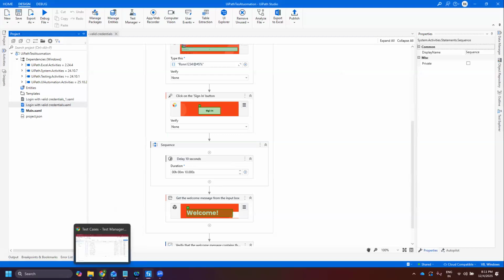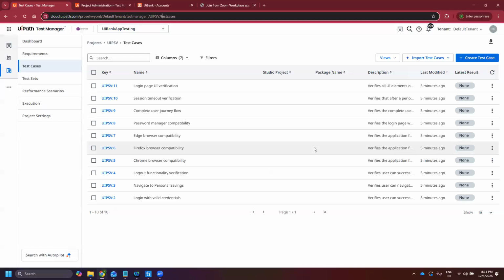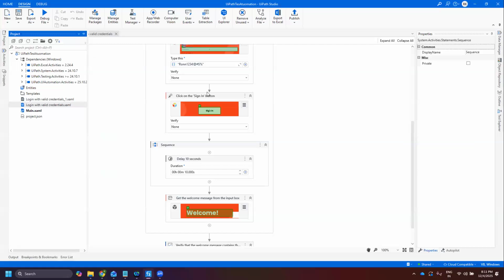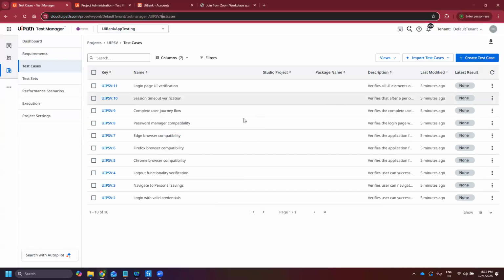So that's about how the whole cycle of testing works using the test manager and UiPath Studio: how we can create our test cases, generate our test workflow, publish it and run it. Now moving on, this was using the out of the box model. Now I will show you how we can create a small agent